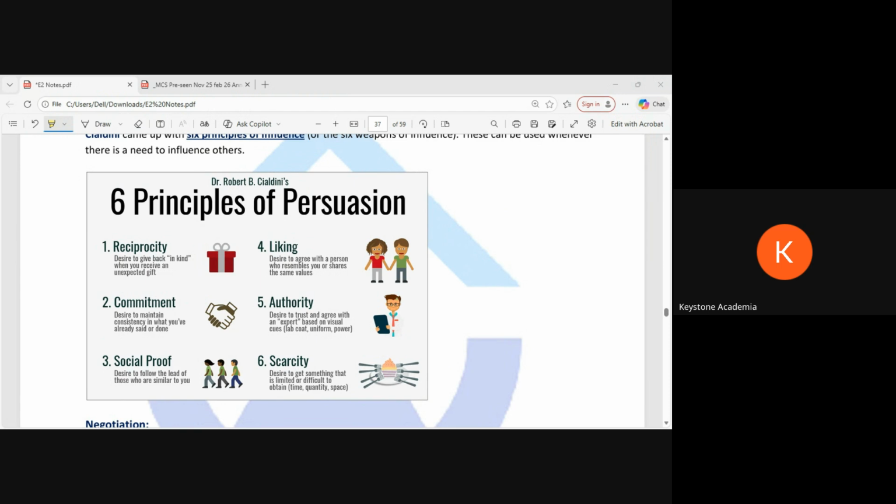Then liking. Liking is very important. The followers is all about liking. If they like someone, they usually don't disagree with them. Therefore, at the board of director level, we don't want board members to like each other. No, they should disagree, because eventually we want the company to get the better result. It's not about agreeing or being scared of hurting each other. No.